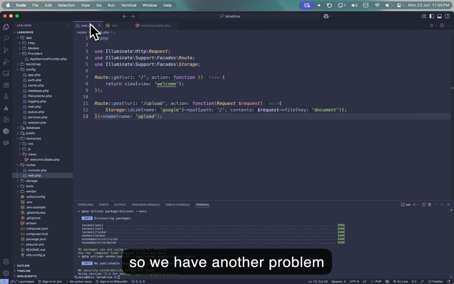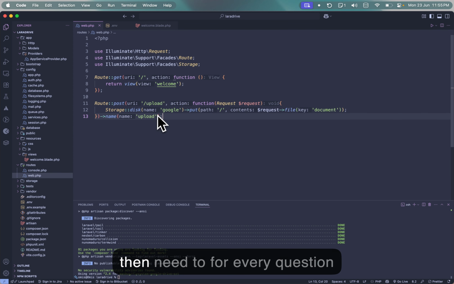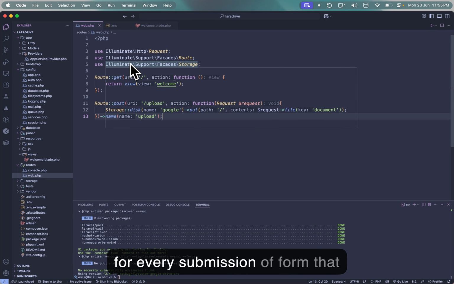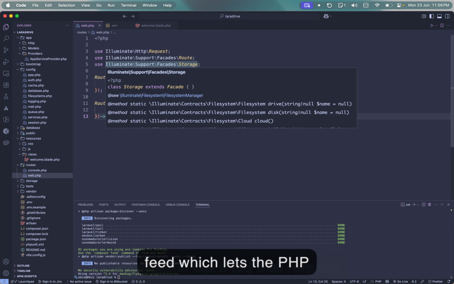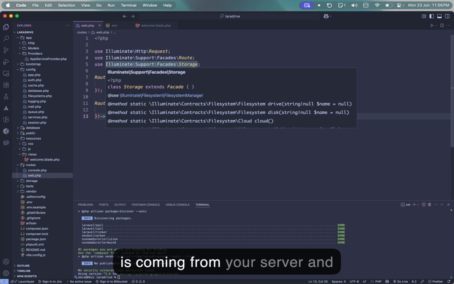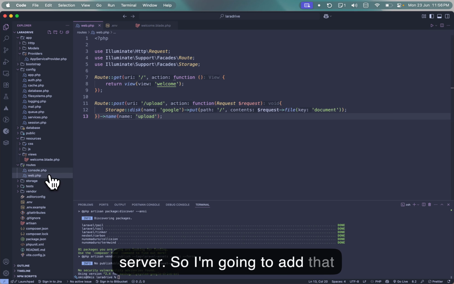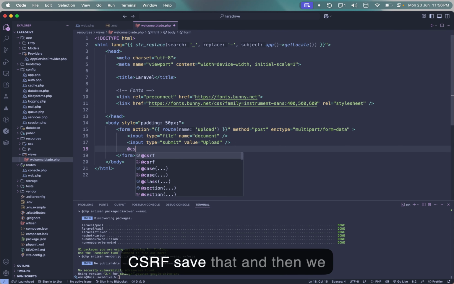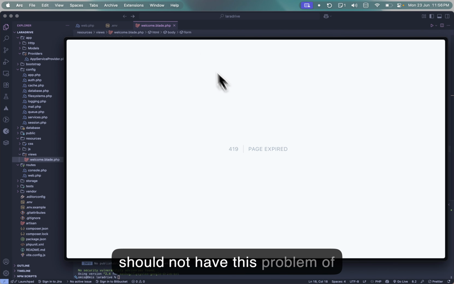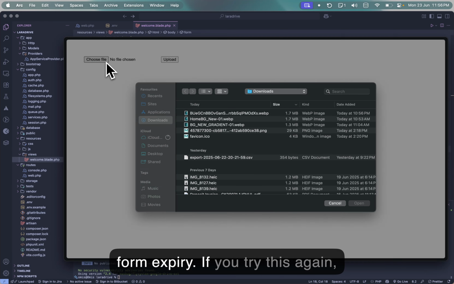Okay, so we have another problem, which is our page expired. So for every form submission that is coming in Laravel, you have to add a security hidden input field, which lets the PHP application validate that the request is coming from your server and is not coming from an external server. So I'm going to add that to my welcome blade, and it's @csrf. Save that, and then we should not have this problem of form expiry. If you try this again,